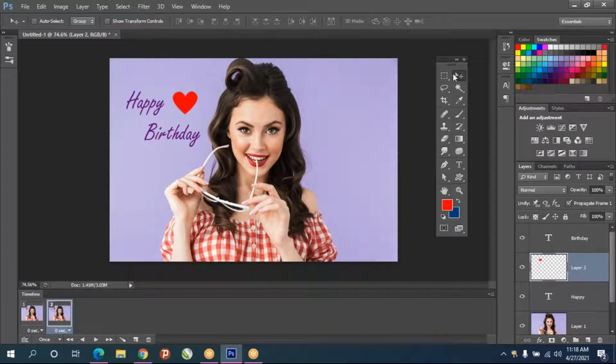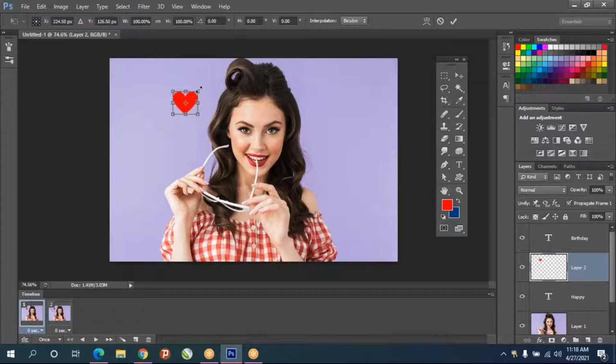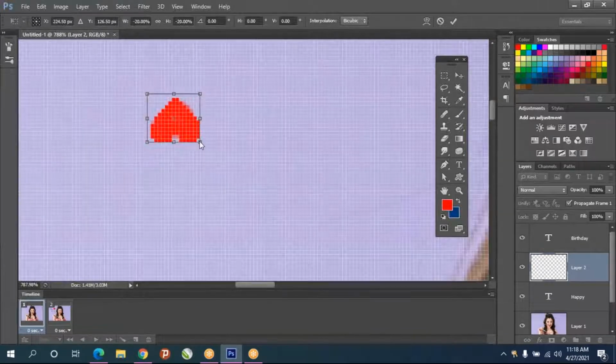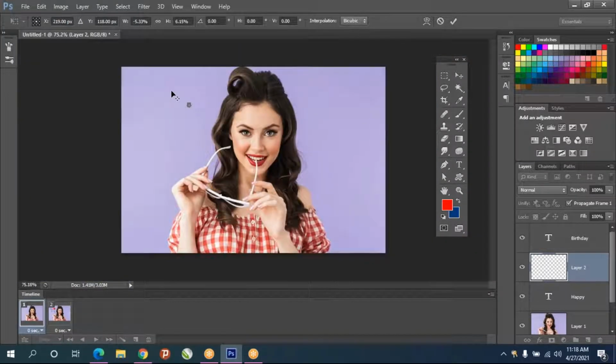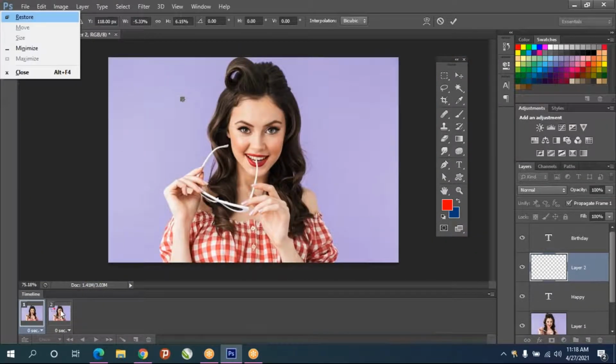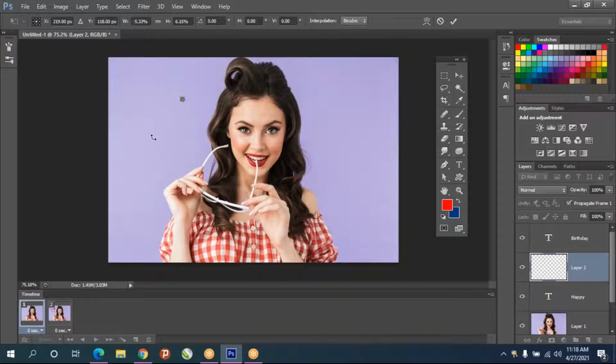Now go back to move tool. See, again same concept. In the first layer, it should not be visible. And move it. Or else you can make it small. Control T, reduce the size fully. Zoom in. Just make like a point and give enter. And the second layer, it will be there.